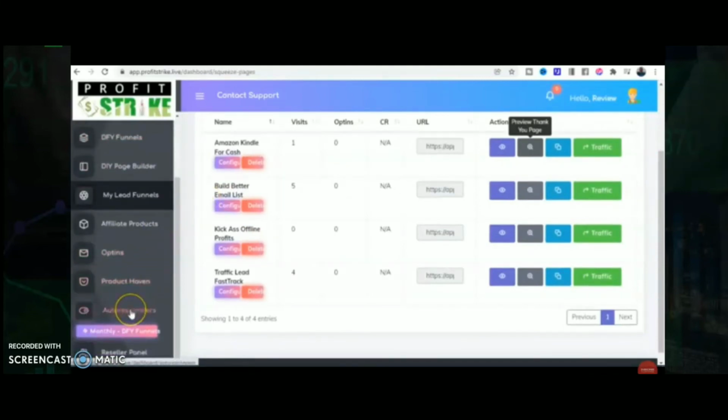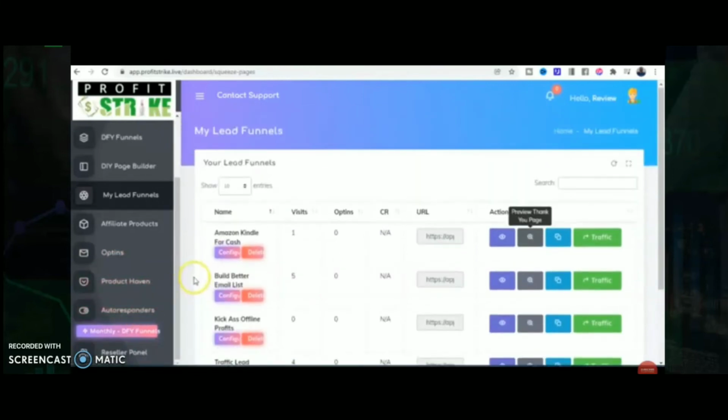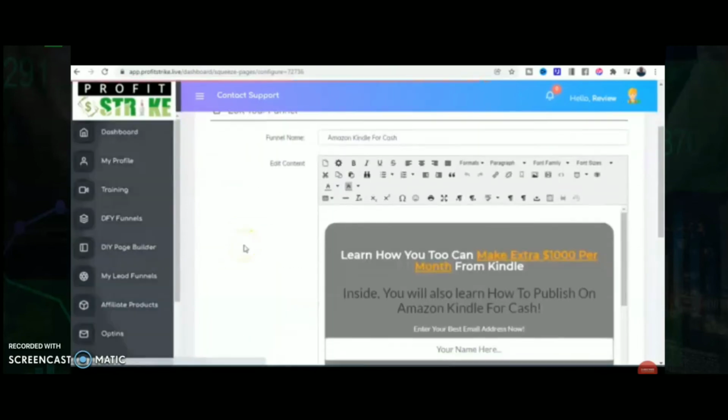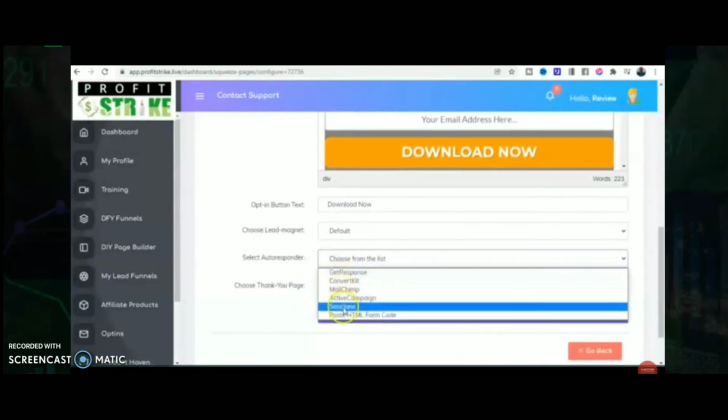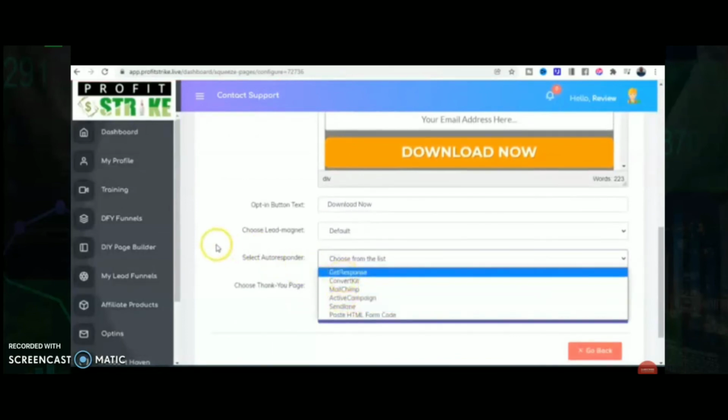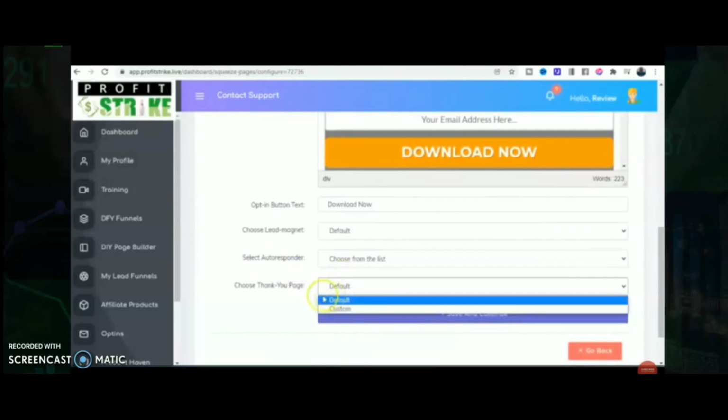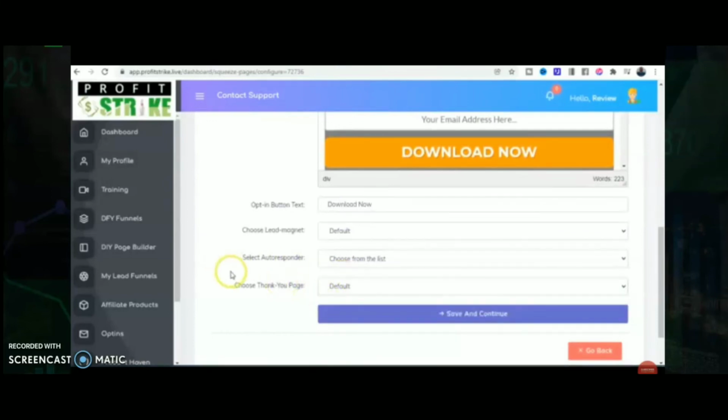First of all, you get autoresponders. So when you set the funnels, you get the ability to configure the autoresponders. You can choose which one, so you just configure it. And as we've seen, you can choose your data page as well. And that's the first thing I want to show you.